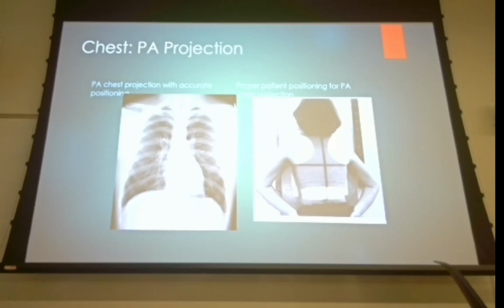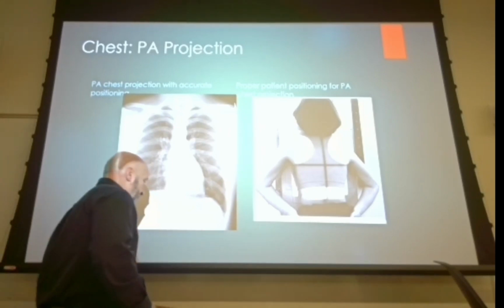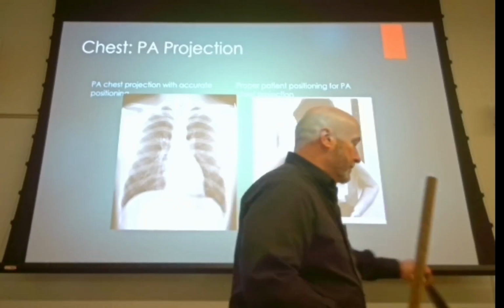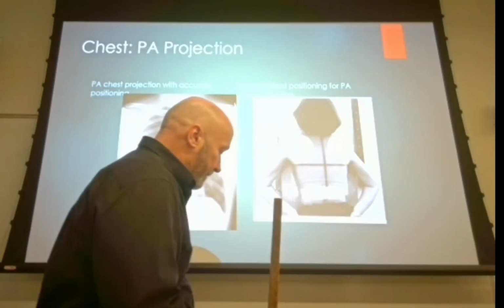So why are they kyphotic? Well, if the patient's kyphotic, then they're going to be kyphotic, but also if the patient is leaning towards the image receptor, again, if they've got a great big beer belly and they're leaning towards the image receptor, that's what you're going to see: the clavicles down at T4, fourth rib or below. So if you have a patient who is kyphotic and you're doing a portable chest x-ray on them, it's usually